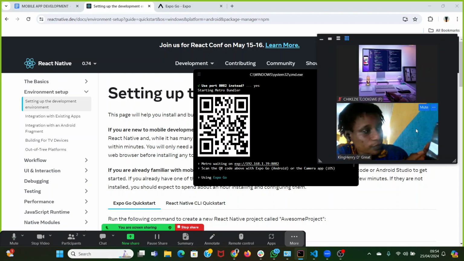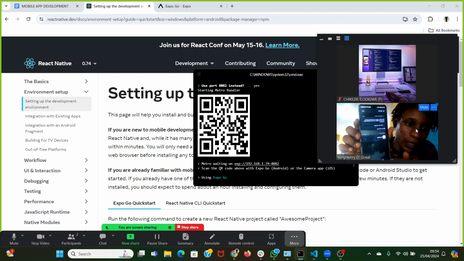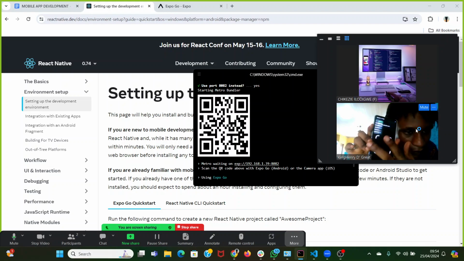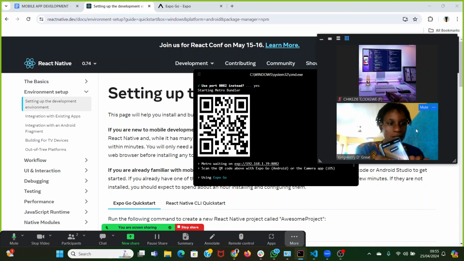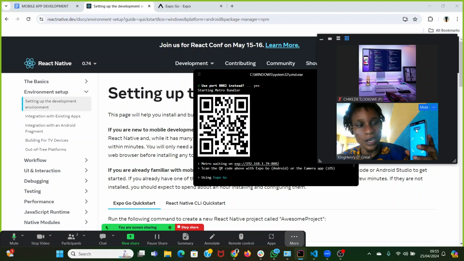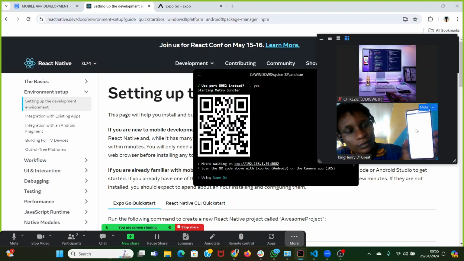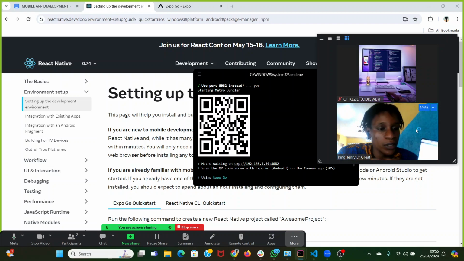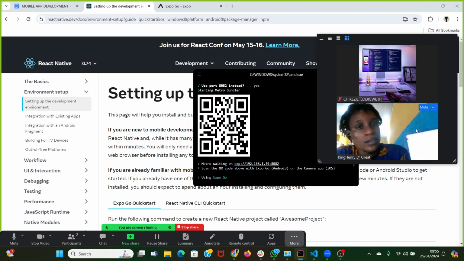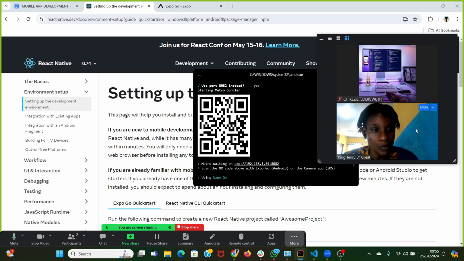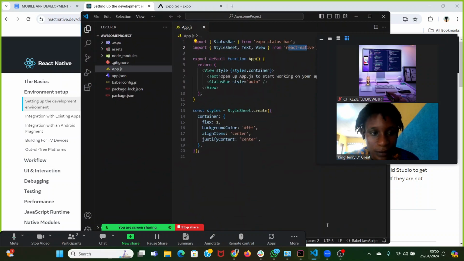So you want to click on the scan QR code, yeah? This option here. We want to click on that. Once we click on that, you see that our QR code scanner has come up. As you can see, it's asking me to scan, right? Now, I just place it and I scan this, and immediately the app is loading. The app is loading. So, you see, up here, it's saying bundling, 71%. Now it's 85%. We have to give it time, all of that. And you see that when it is done, what is going to happen is that on my